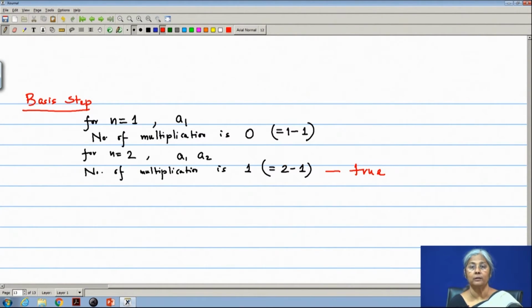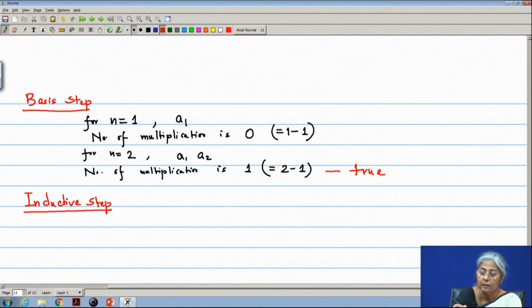That means, for n equal to 1 or n equal to 2, the multiplication is n minus 1 is true. Now, for the inductive step, say I have n numbers a1, a2, a3 up to an. So, now we put parenthesis, we first partition into 2,